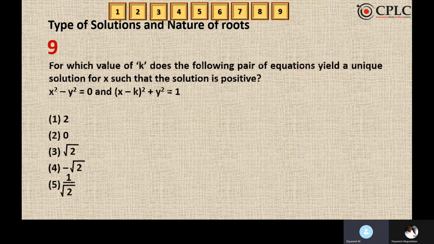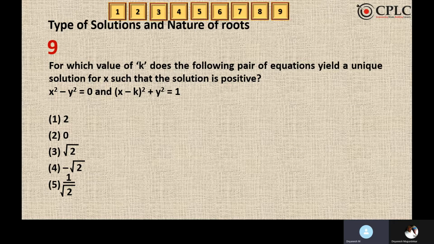Similarly, the ninth one is the best question of this entire sheet because of the following reasons. Find the value of k for which the following pair of equations will yield a unique solution, and such that the solution is a positive solution. Now, the moment you hear or read this word unique solution, you will apply something which is not the